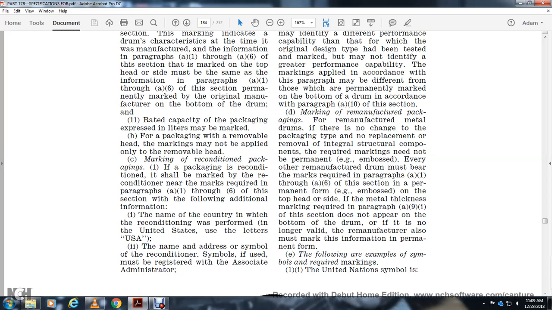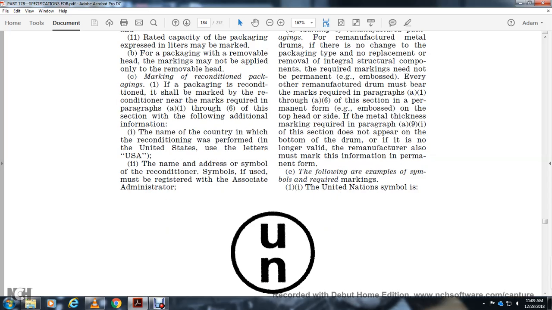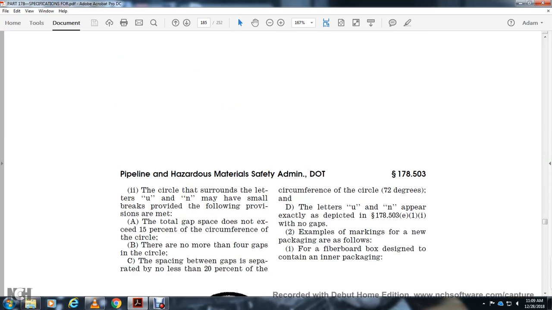The following are examples of the symbol required with the marks of the United Nations symbol. The circle surrounding the letters U and N must have small breaks, with the following provisions: the total gap of the space for the design must be 15% of the circumference of the circle. There are no more than 4 gaps within the circle. The space between the gaps must be separated by no less than 20% of the circumference of the circle, 72 degrees, with the letters U and N appearing exactly as depicted in 178.503 E11 with no gaps, except